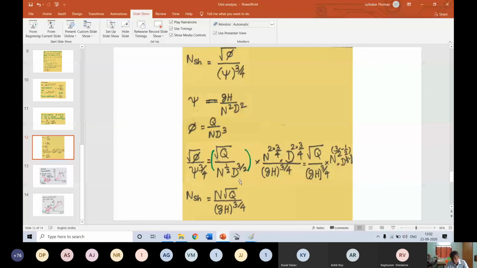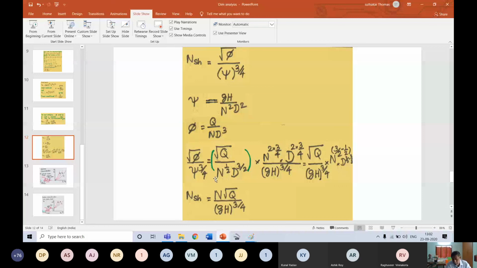And people give definitions like, it is the speed at which the pump should run when it produces a head of 1 meter with a discharge of 1 meter cube per second. Such definitions are there. Actually, they don't add to anything. See, the actual term is shape number. So these numbers are connected to a particular shape of the machine.